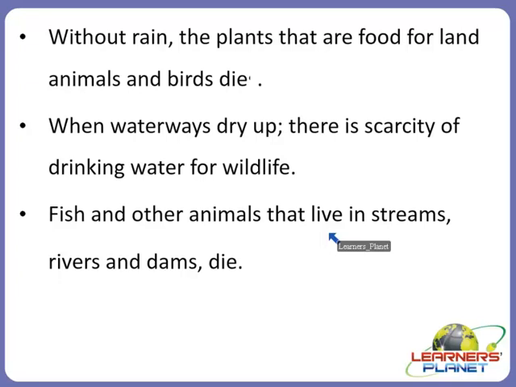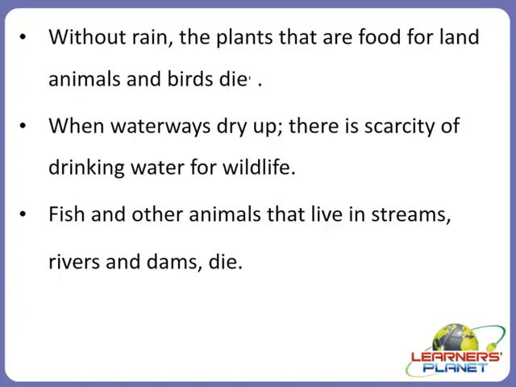So in areas where trees have been cut down, hot winds blow away the dry topsoil, and planting trees may help stop the soil being blown away in times of drought. To prepare for a time of drought, people store water in dams. They use the water from rivers to irrigate their crops, and the water supply to homes and to industry is also limited. So basically, wildlife is at risk too, because without rain, plants and animals would also die.